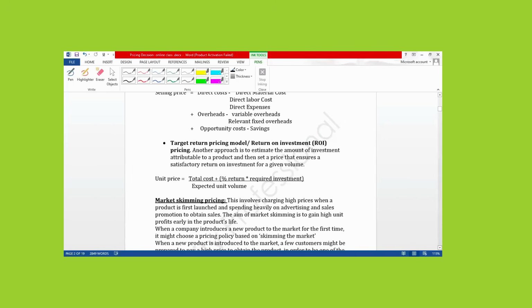We also discussed pricing strategy. What is pricing strategy? When can we use pricing strategy? We explained that when a company is planning to introduce a new product to the market for the first time,